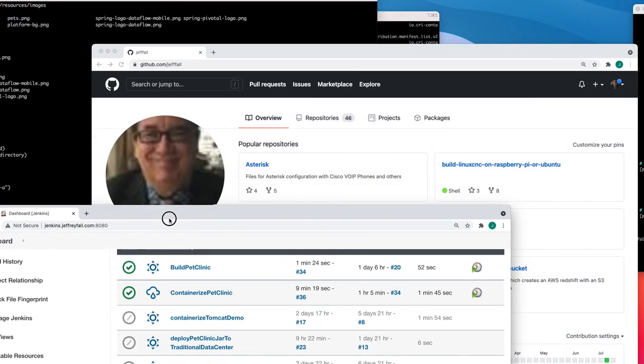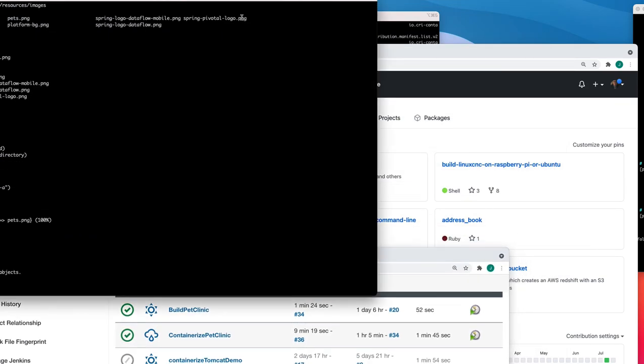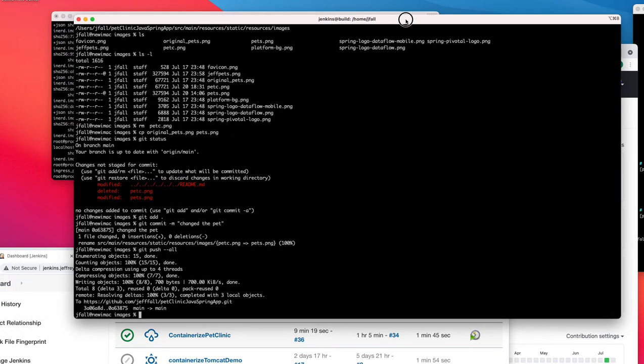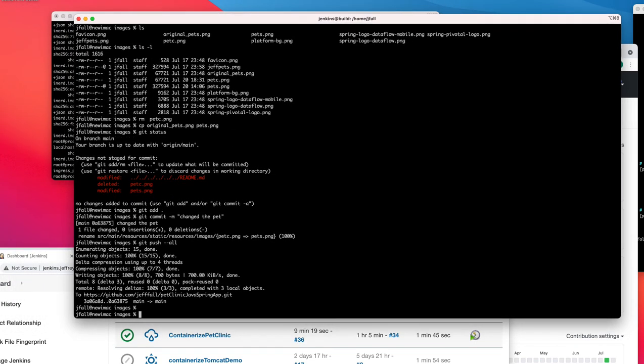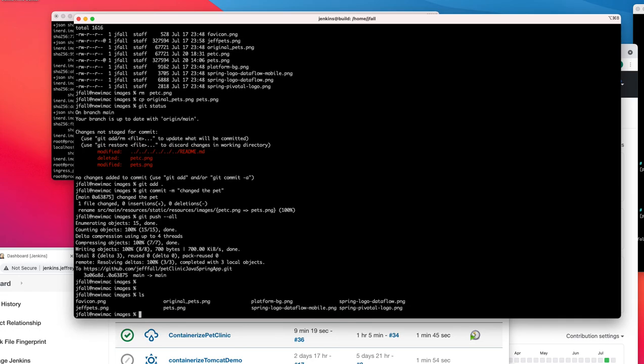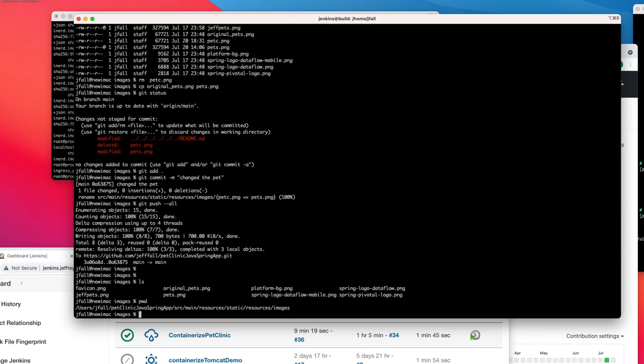So let me find the window that has the code in it. Here it is. This is our application here. And if you take a look in here, I'm way down in the application now, and I know for a fact that